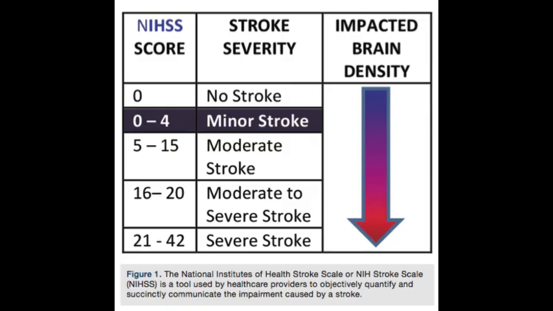So the NIHSS scoring system is a point system that is used to assess patients presenting with a stroke, in which different neurological functions are examined, including consciousness, vision, eye movement, movement of the face, the arms, the legs, sensation, coordination, speech, and language. And we give points to each parameter, and the maximum score is 42. So the higher the score, the more severe the stroke is,